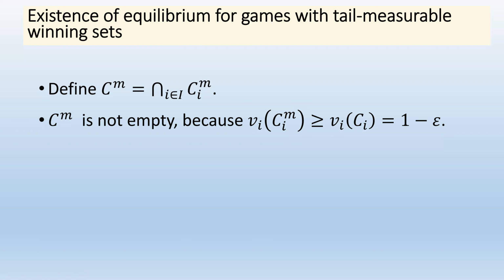So consider the probability induced by this equilibrium strategy in the finite game. We have here I events, each one happening with probability at least 1 minus epsilon. For epsilon small enough, this means that these events need to have an intersection. Their intersection is not empty. Therefore, we conclude that CM is not empty. Okay, this was a little bit of a lengthy explanation. So if some clarifications are needed, please ask.